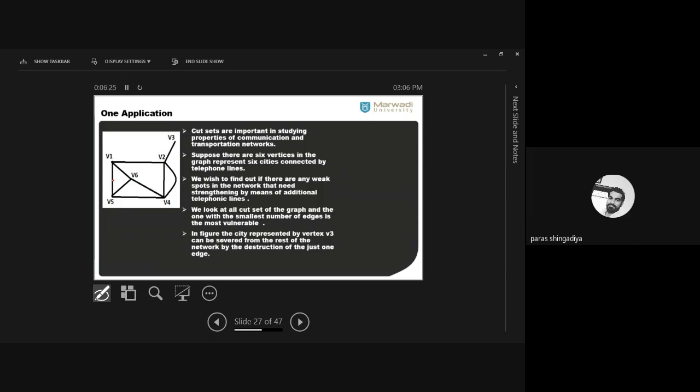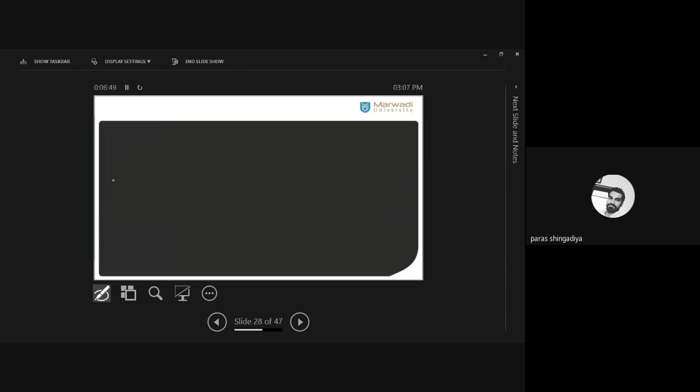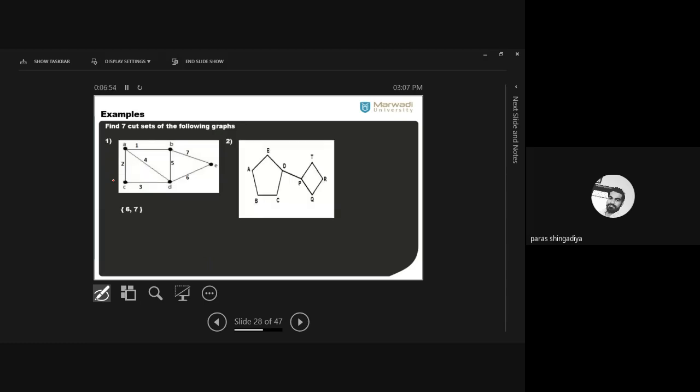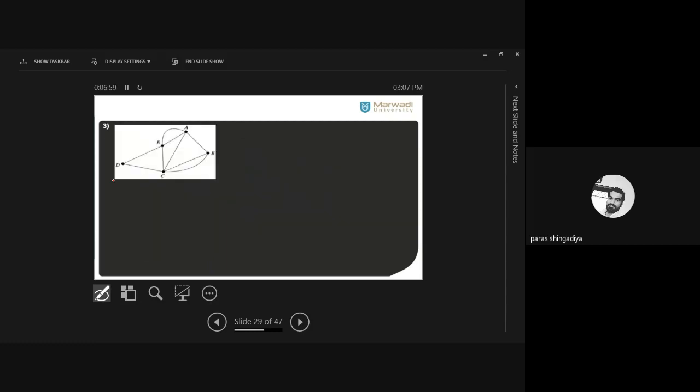That is a singleton edge only, and you can mention any name for that. Now delete this edge, or otherwise destroy it. If any error happens to this telephone line, then we cannot connect the persons of city V3 by any telephone line. So we can maintain this by using the cut set concept. That is one of the examples we discussed in the last lecture. Now let us start with some more examples.